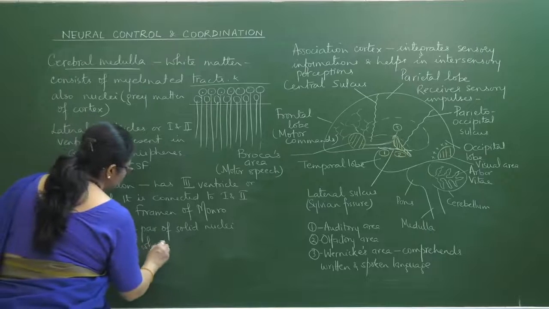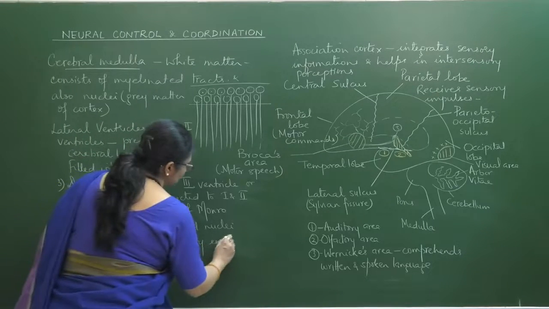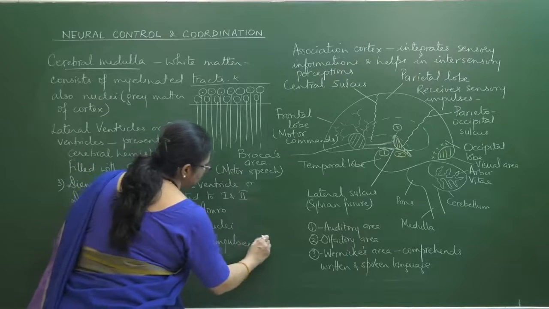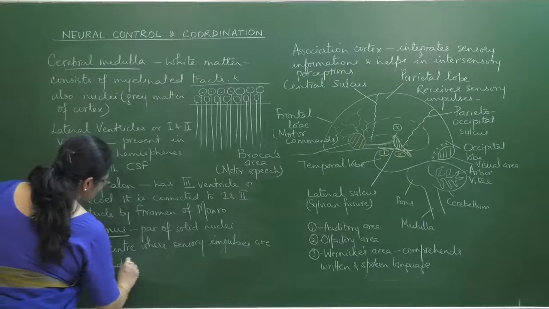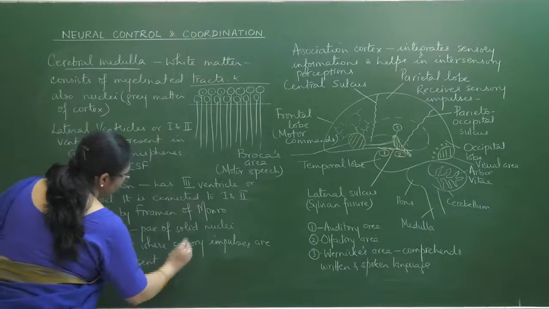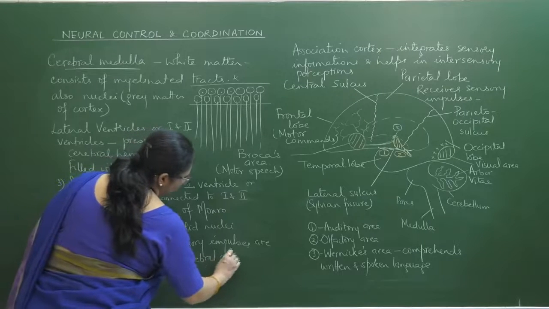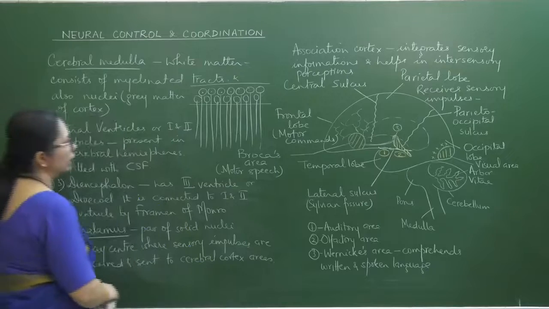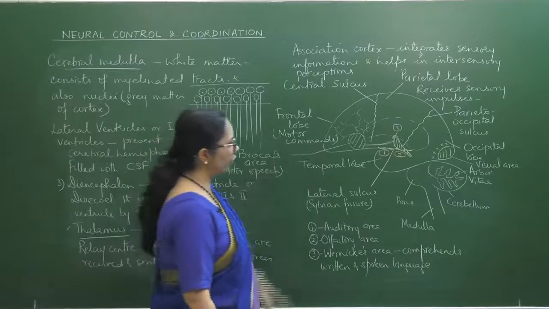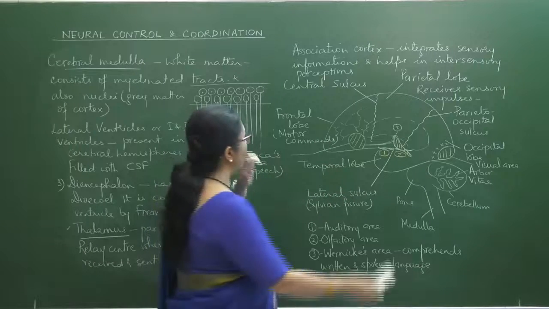Okay, so this one is the relay center where sensory impulses are received and sent to cerebral cortex areas. Okay, so that is it. Then the other one, now I think we can rub this off, everybody must have seen the diagram. Okay, so